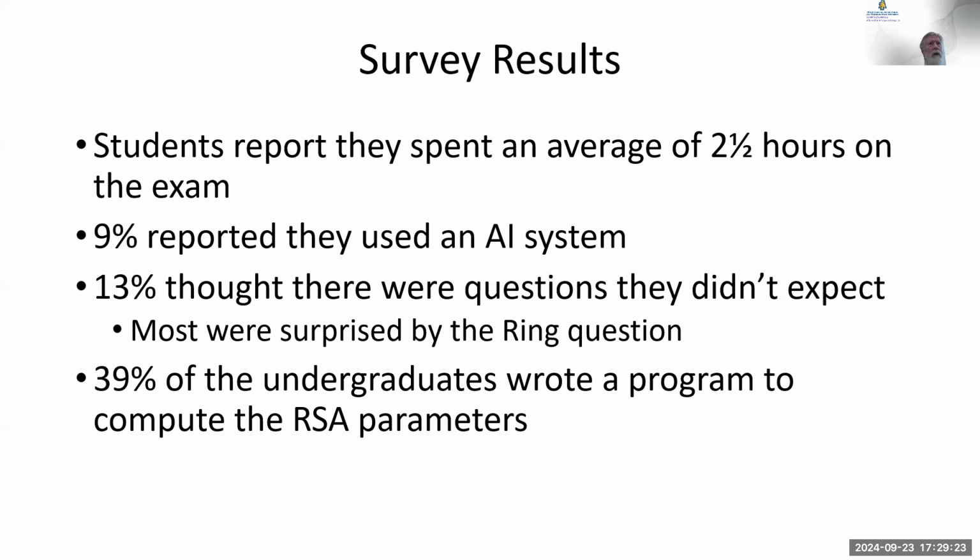The graduates, when you graduate, you were given a P and a Q value, and again, N, which is P times Q. The undergraduates were not given P and Q. They were just given N and E, and then they had to calculate what D was. Yes. Talk to me about that. We'll figure it out. Okay.